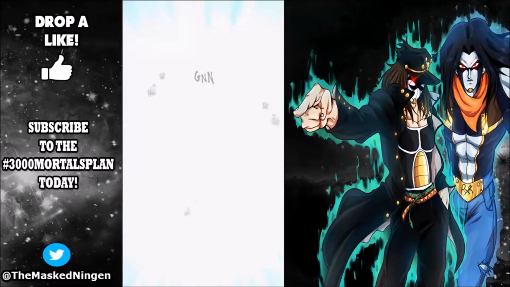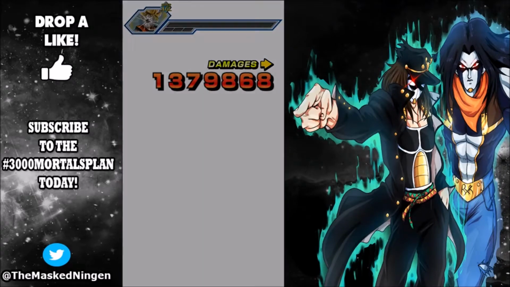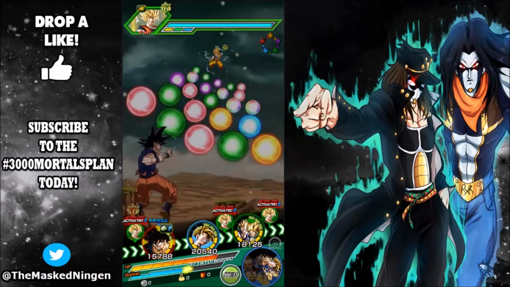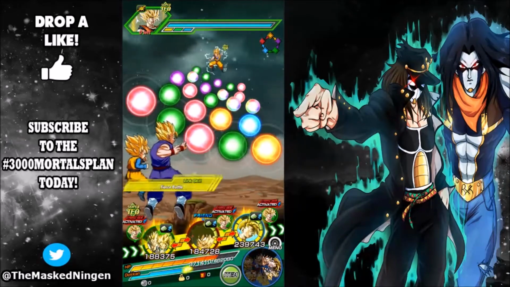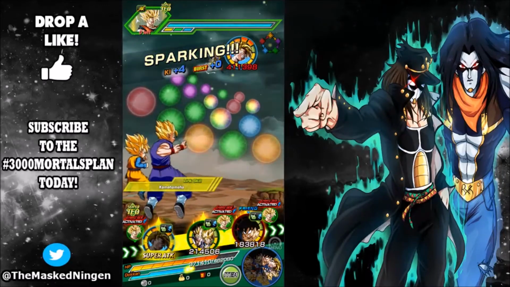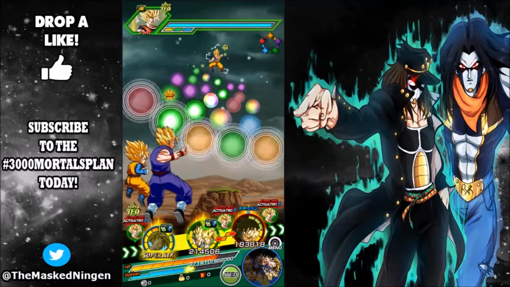So, our other rotation is, of course, the new LR Gohan and the Gobros. LR Gohan infinitely stacks his defense, and then the Gobros don't stack infinitely, but they do stack enough that by the time their passive is fully maxed out, they'll be taking very little damage. So I'm actually going to leave Gohan in the first slot because I feel like this early in the event, he's probably still going to tank